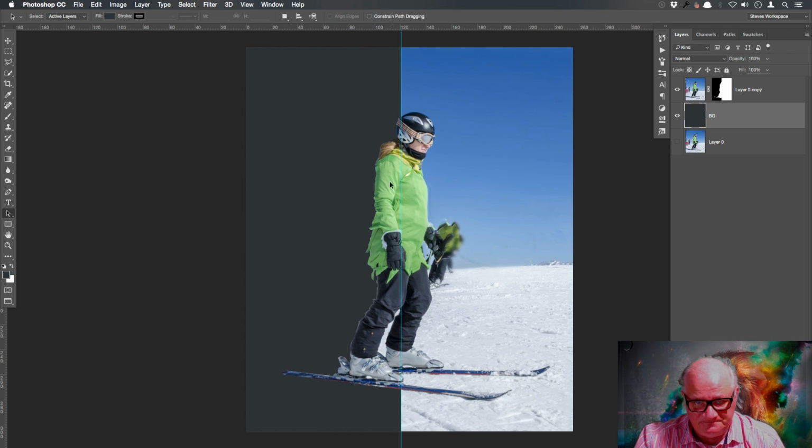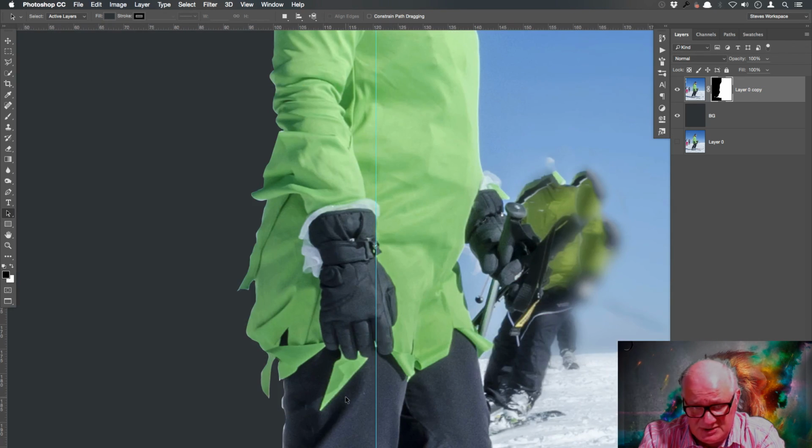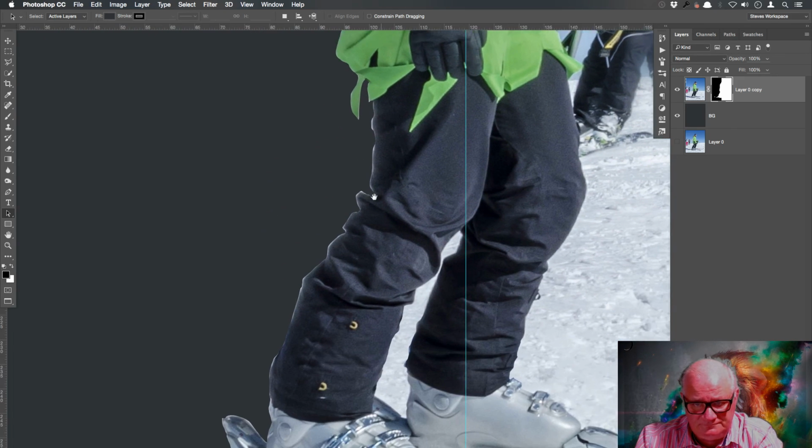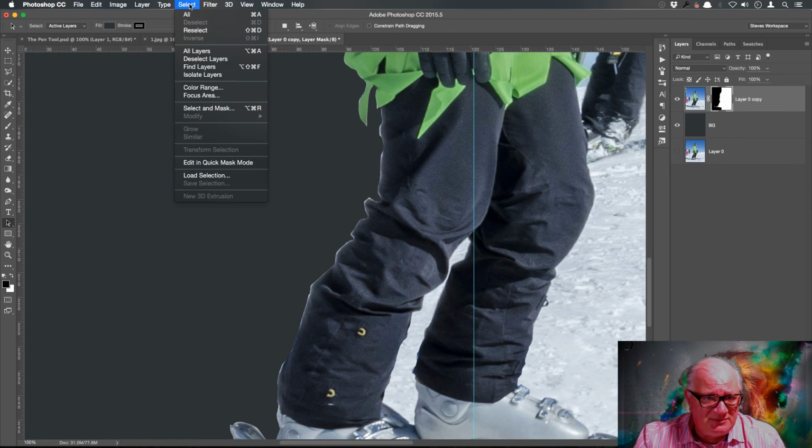Now, the hair, okay? If we click on our mask, for instance, we have this white outline going around the subject. I don't want that. I'd rather it was free from that. So all I'm going to do is zoom into 100%. I'm going to hit F and F again so that you can see I'm at 100% here. Okay. Zoom into 100%, click on the layer mask over here,